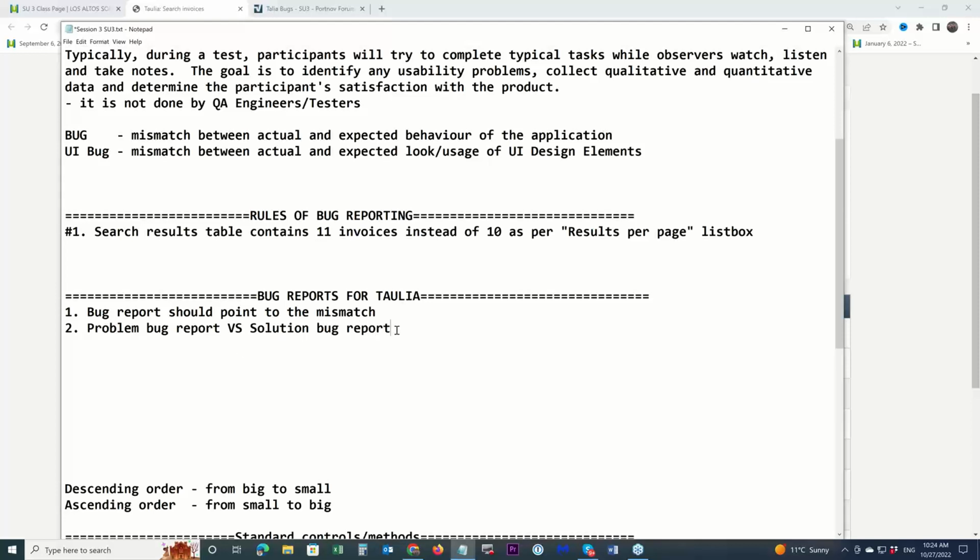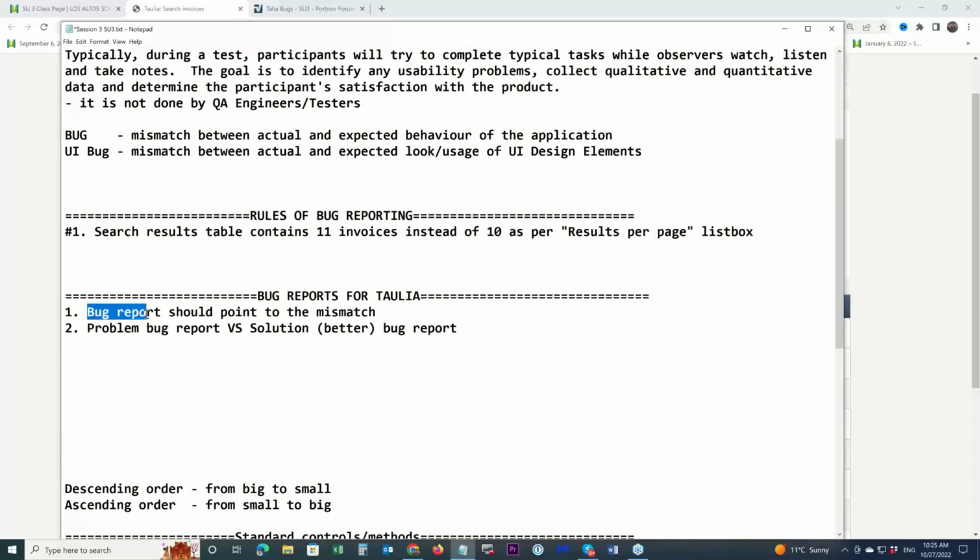Solution is better. So you're saying that do it this way, okay? So the developer shouldn't look for the solution. So you give it to the developer. Problem bug report is, look, I'm not pointing to the solution, but we've got some issue here. So you decide what to do.